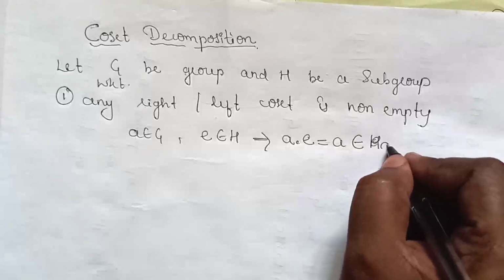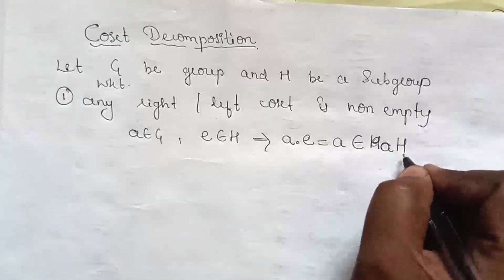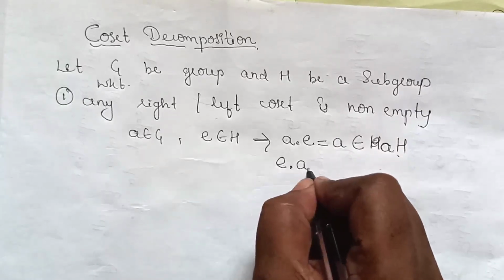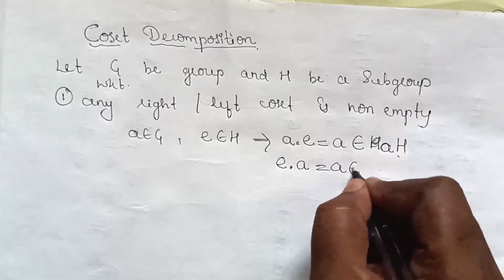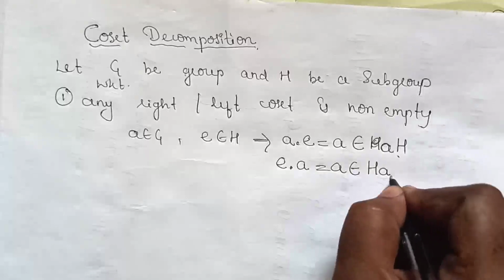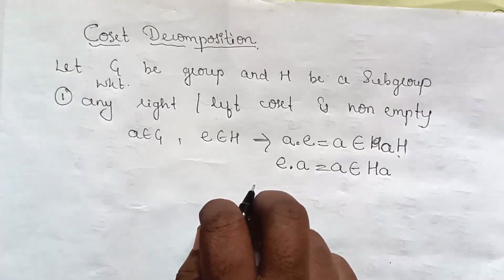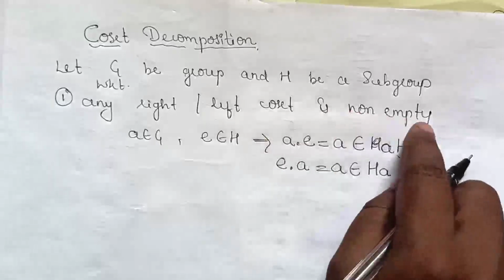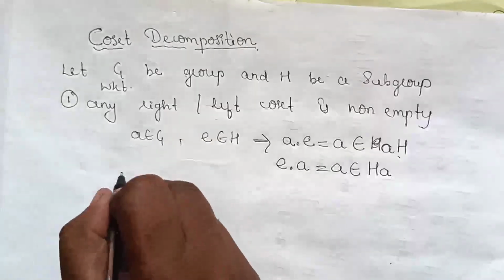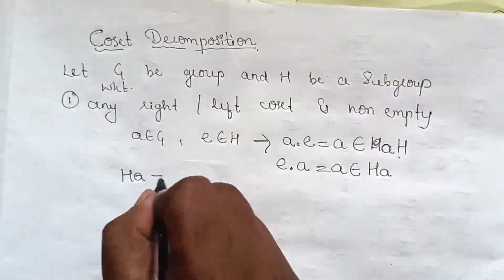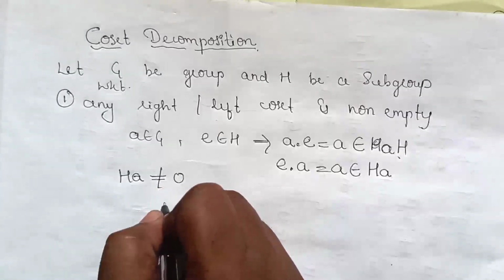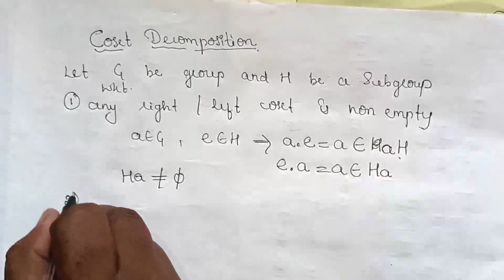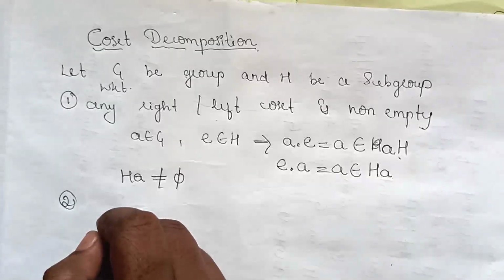So here I have taken the left side, therefore we can write it as a left coset, or similarly we can write e dot a equals a only, as a right coset. That means always remember that any right coset or left coset is non-empty, that is Ha is always not equal to empty. And from the second point, in the last class we have proved